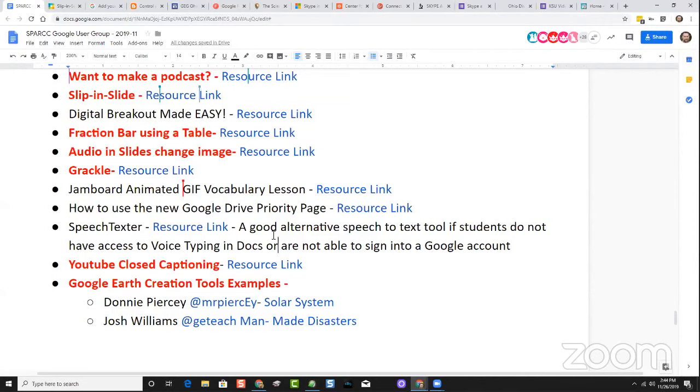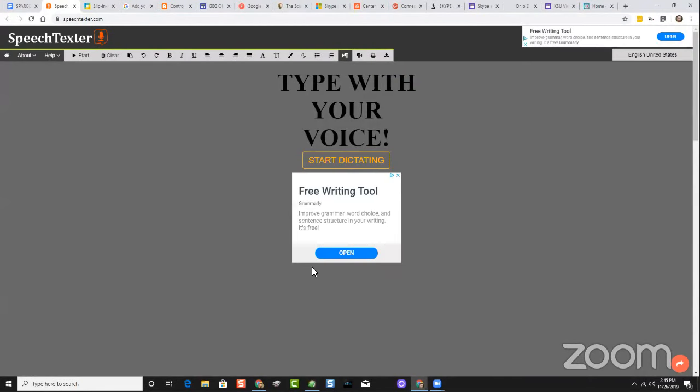Well, what if you had a situation where maybe the students don't have access to that? Why wouldn't they? Well, maybe they're not able to sign into their Google account. Maybe they don't have a Google account. Maybe they're really young students. I've seen some districts where unfortunately voice typing is turned off or blocked because of some filtering. Well, Speech Texture is a basically very simple